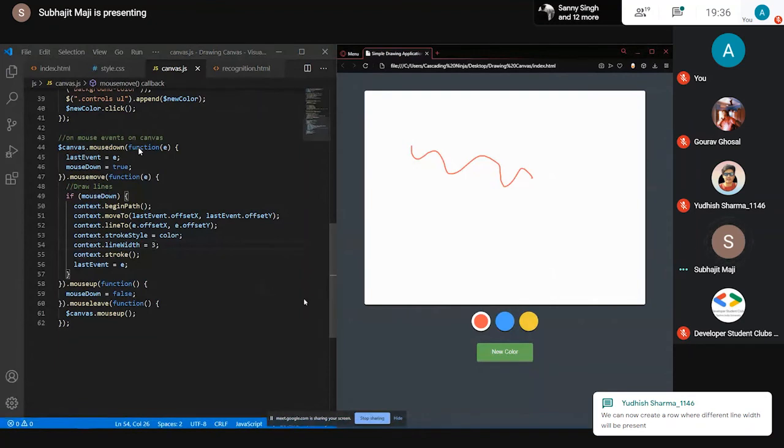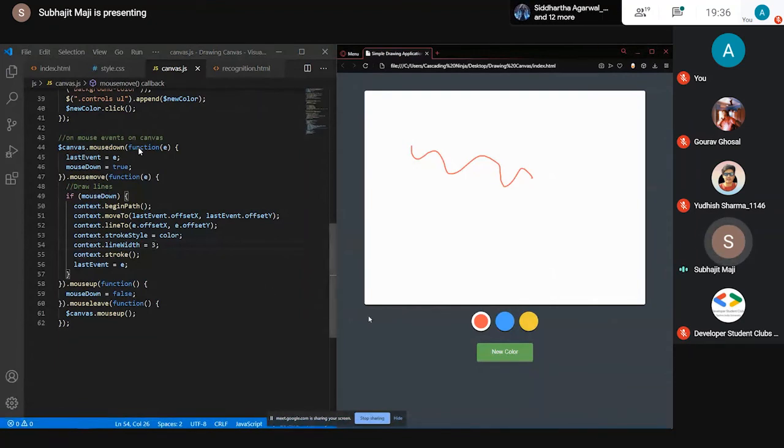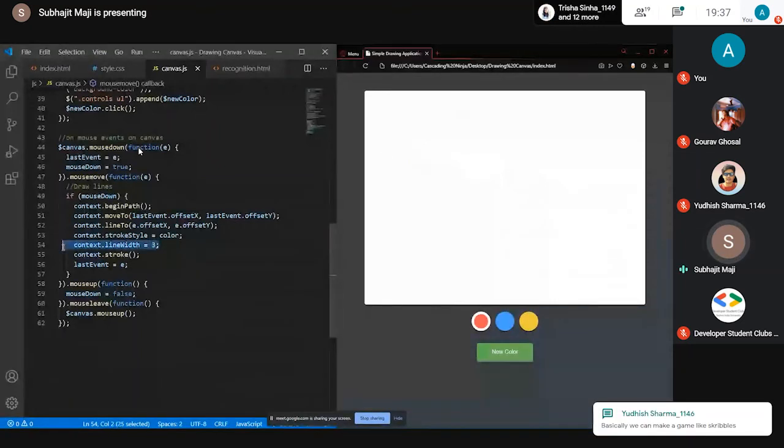So we can now create a row where different line widths will be present. Yeah, obviously. In HTML you can do that, and then the value of the slider will be the value of this line width. By default it is always 1. So if I don't write this,